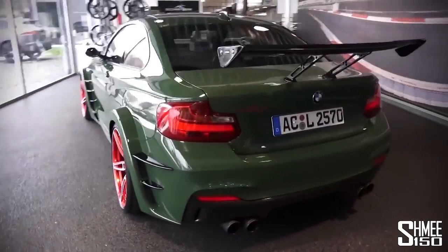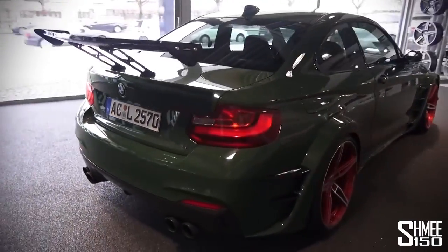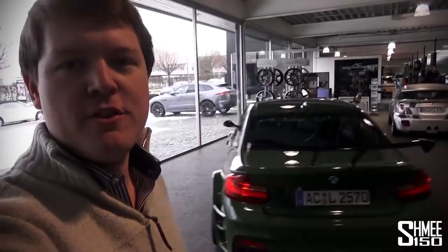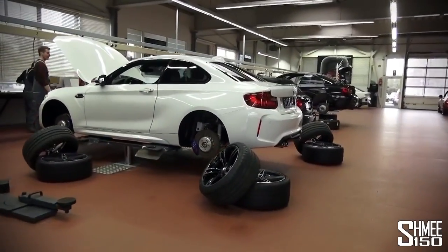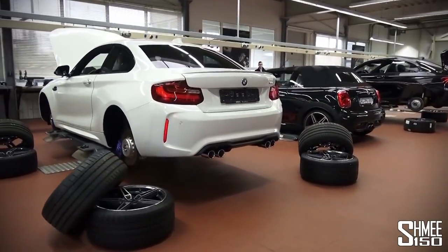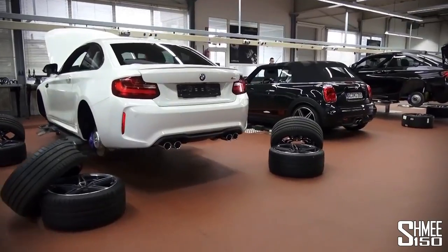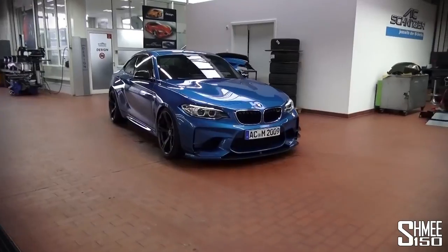I think I should probably head round back and take a look at the ACS2 Sport as well, which is the kind of normal version of the M2. So let's head to the workshop. Here is the dedicated workshop then, just for AC Schnitzer, where a customer M2 is being built. And then just after that, we've got a Mini John Cooper Works convertible I'll have a look at in a second. But if we come over here, this is the other car I want to take a look at right now,